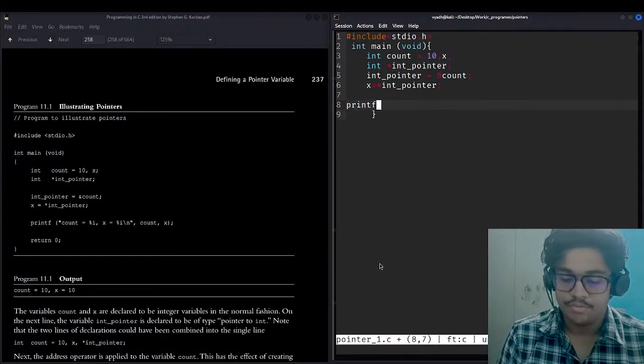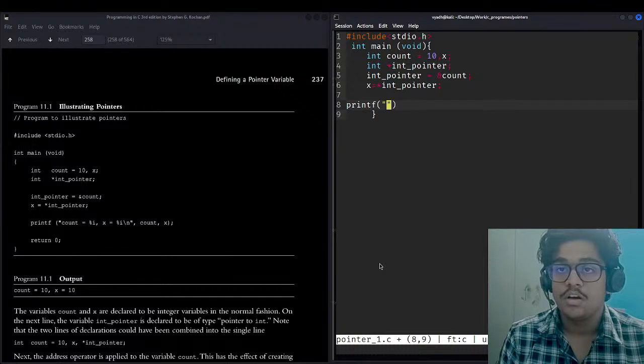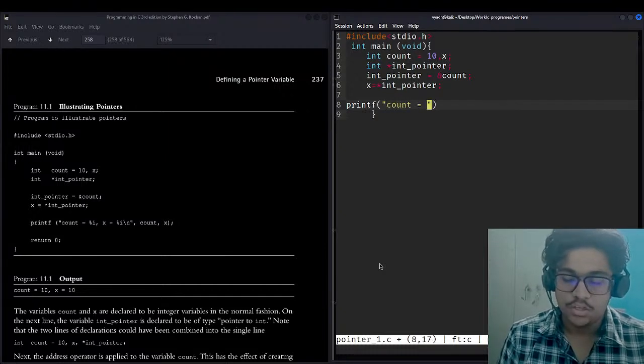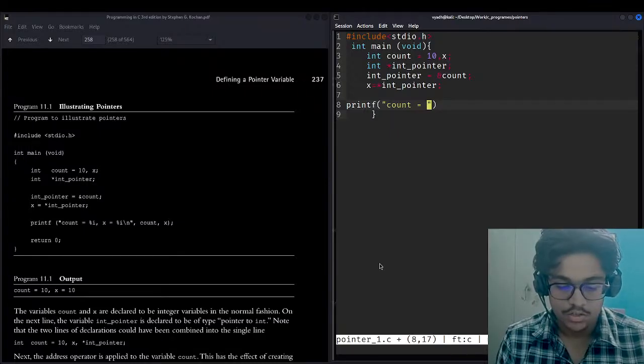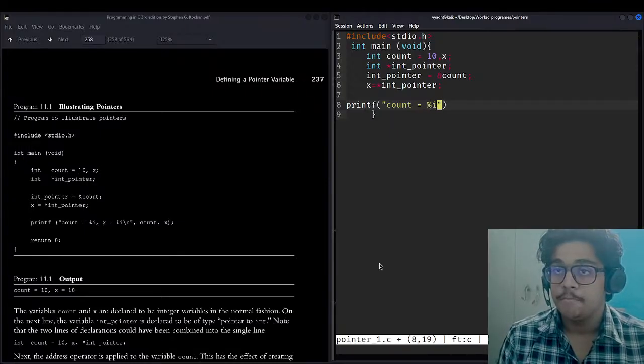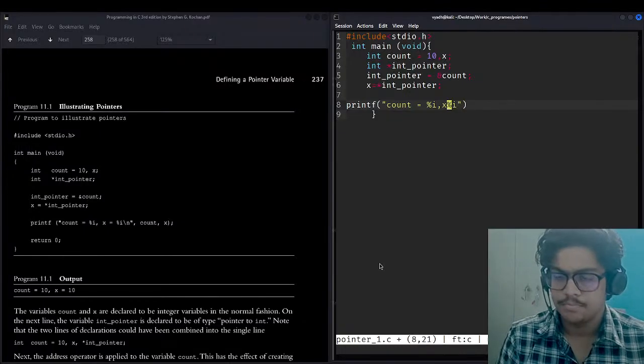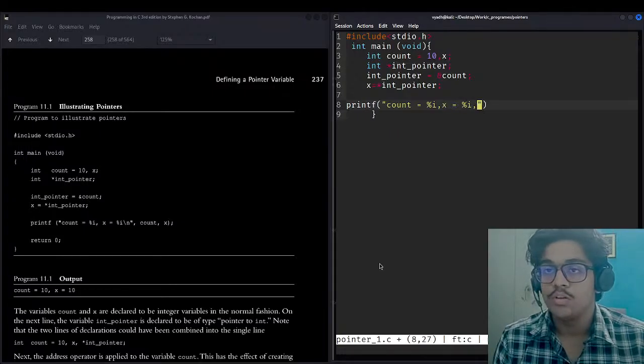So printf, count is equal to percent i and x is equal to percent i, since we need to see both the values.